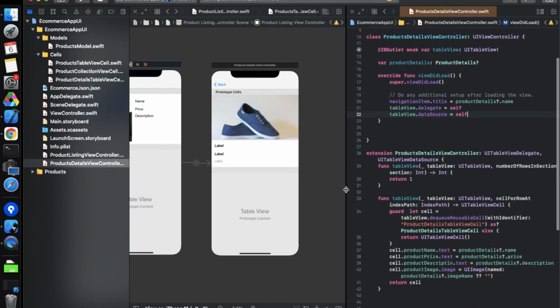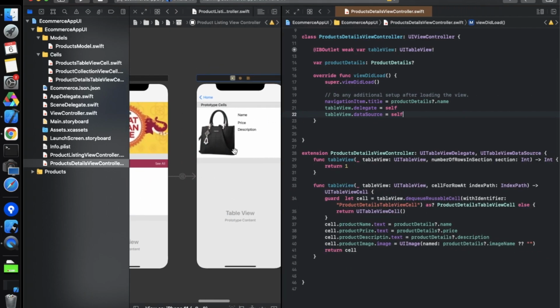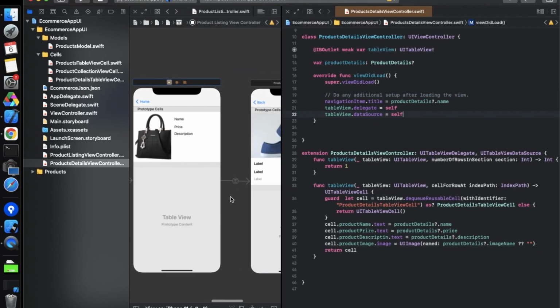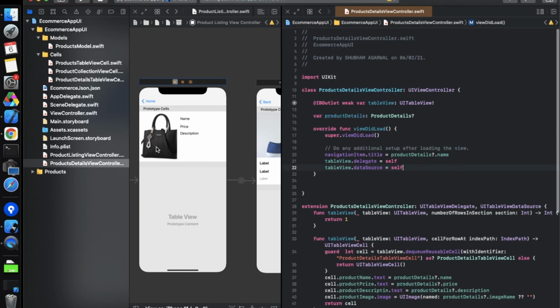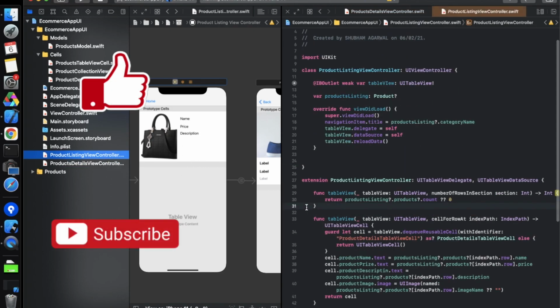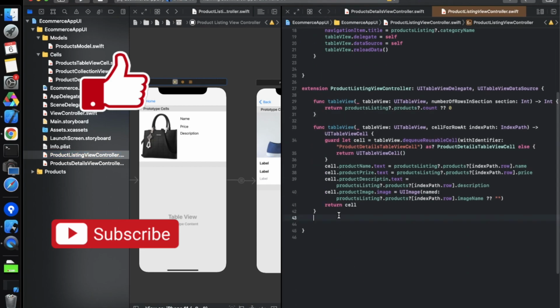Now we can do one more thing. Whenever we click on this product or this product, we have to move the user on this controller. So we have to put the did select delegate method over here also. So for that we have to move on the product listing view controller, and we have to define one more method over here, that is did select item at,